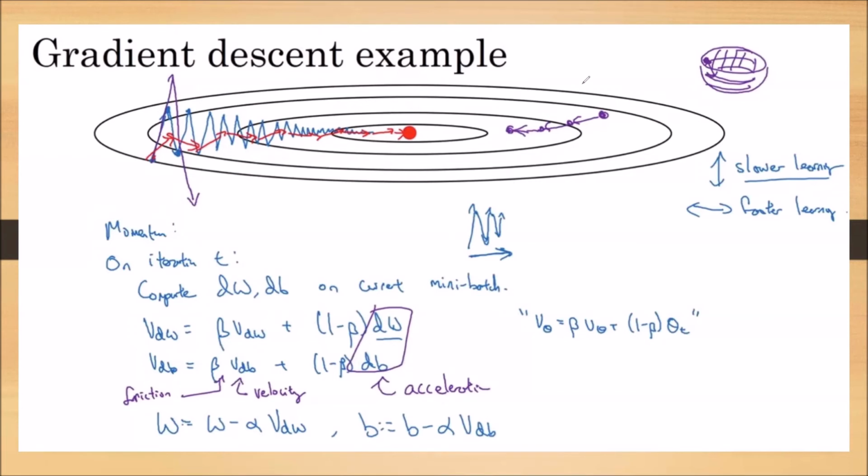Just for the analogy, we discussed this acceleration and velocity and friction. But in reality, here we are using this for finding the minimum value of the cost function. This will directly find the W and B values for the minimum value of the cost function with a very low number of iterations compared to our conventional gradient descent. This is the advantage of gradient descent with momentum.